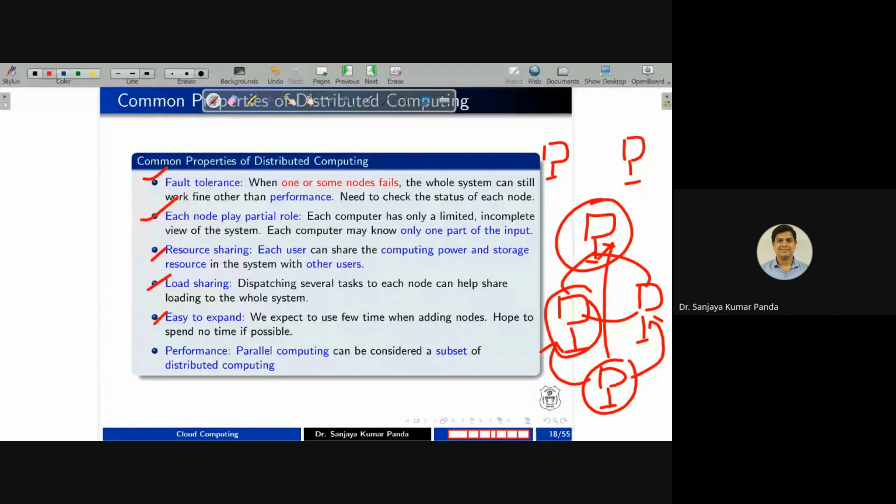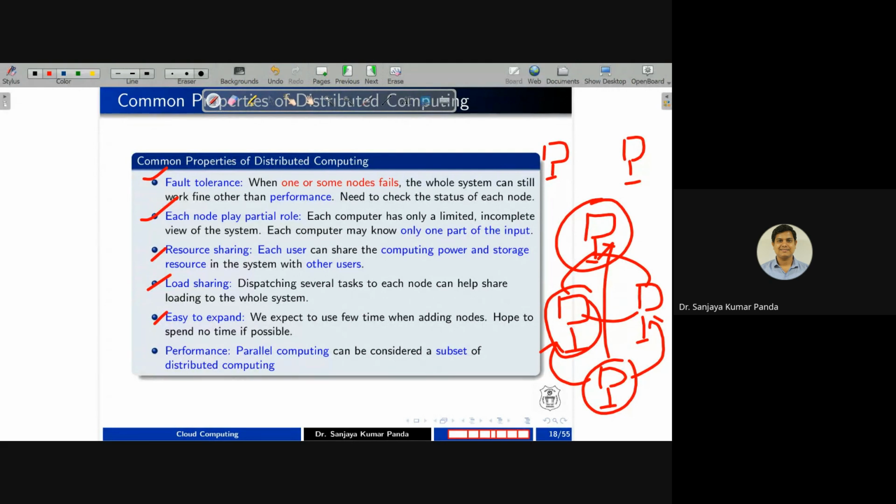So in more or less the centralized computing case, we want to achieve parallel computing, like we talk about high performance computing in the case of a supercomputer. We have so many cores and we want to assign the task to each and every core. But in distributed computing, parallelism can still be achieved, but the computers are not in a single place. That's why if we compare parallel computing with distributed computing, we can say parallel computing is a subset of distributed computing.